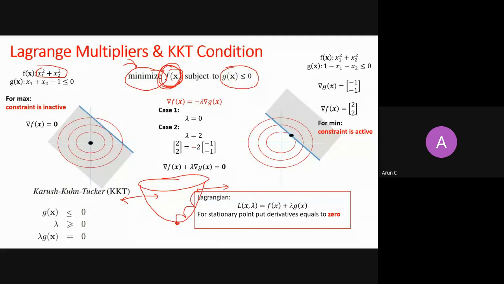So there are two things now. The feasible region is opposite to the gradient of gx, and just to minimize, I want to walk opposite to the gradient of fx, right? So let's see it visually. If I want to minimize x1 squared plus x2 squared, the minimum will be at 0, 0, right? So I say you should minimize the function such that x1 plus x2 minus 1 is less than 0, right? It means I'm talking about all those points where the sum is less than 1.